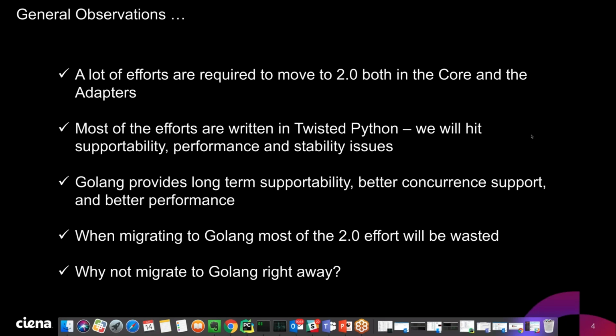Theoretically, you could retain the adapters in Python, but you wouldn't be able to benefit from the Golang libraries that have been written. So, you know, when they do get converted, and so here's another question, right? If the performance is going to be better in Golang than Twisted Python, and you've got a ways to go to finish the OpenOMCI work,